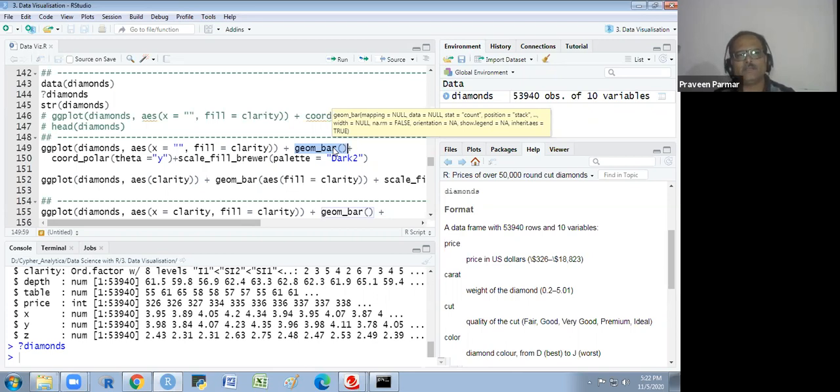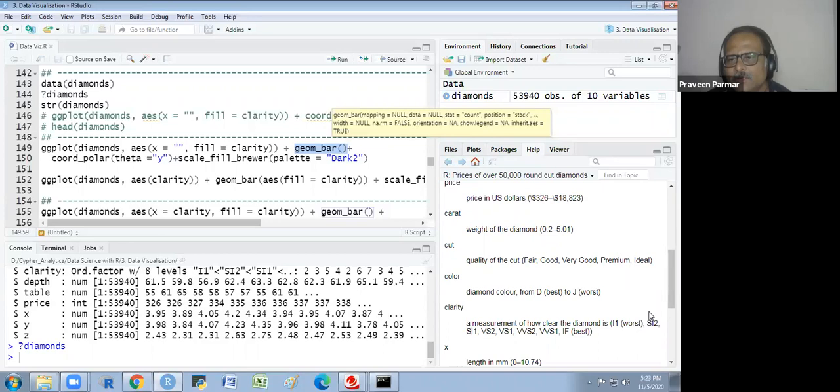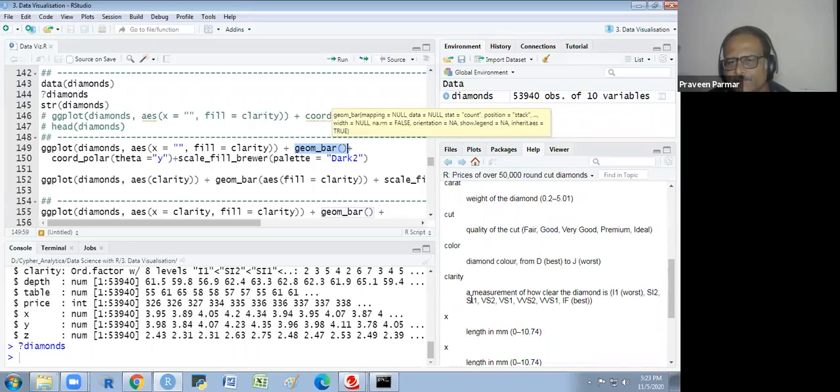So I am taking ggplot with diamonds as the dataset. In aes, x I am not taking anything, and fill is clarity. You know the clarity: I1 is worst and IF is best.